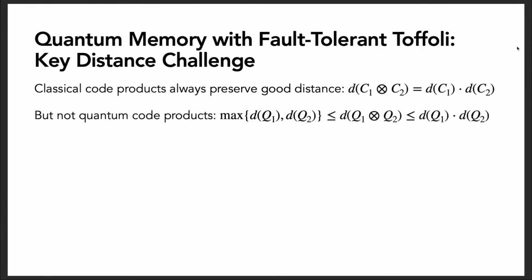But somehow when we take products of quantum codes, like when we have these quantum multivariate polynomial evaluation codes, it's not at all obvious that the distance of the product code grows as the product of the distances of the factor codes. In general, for a quantum product code, the distance of the product code could be anywhere between the product and the maximum of the distances of the factor codes. And actually, I think this can only get worse as you go to higher dimensional products. If we take a t-dimensional product, then it's a max of t things versus a product of t things.